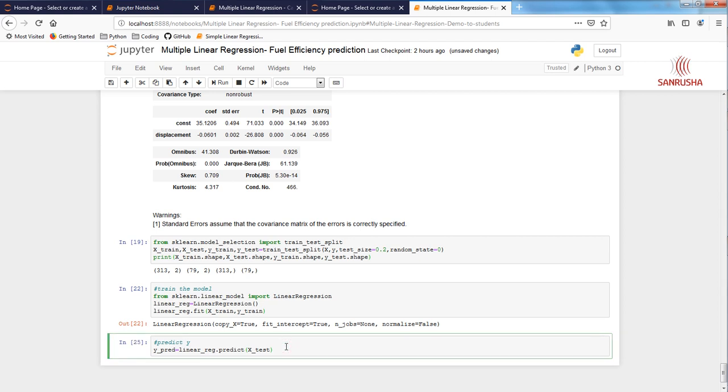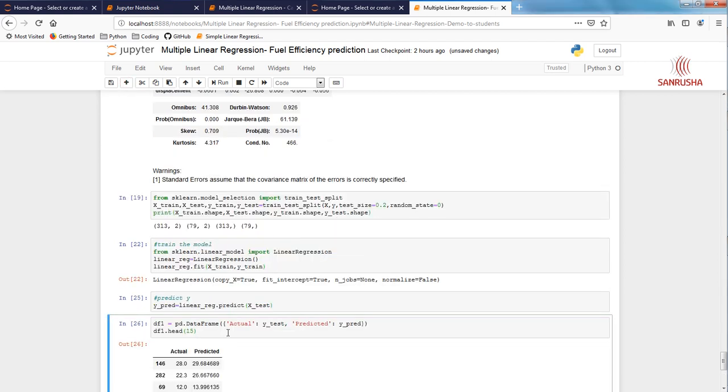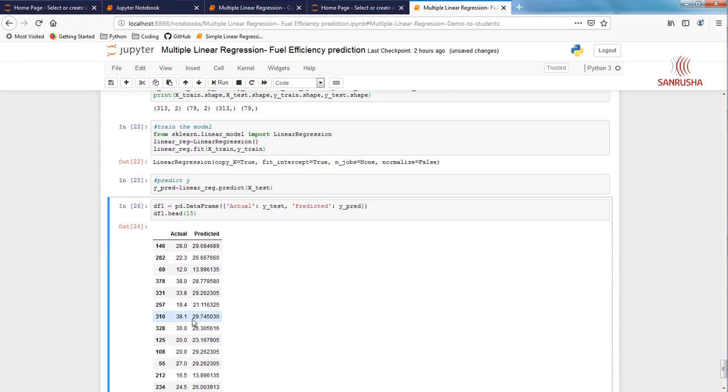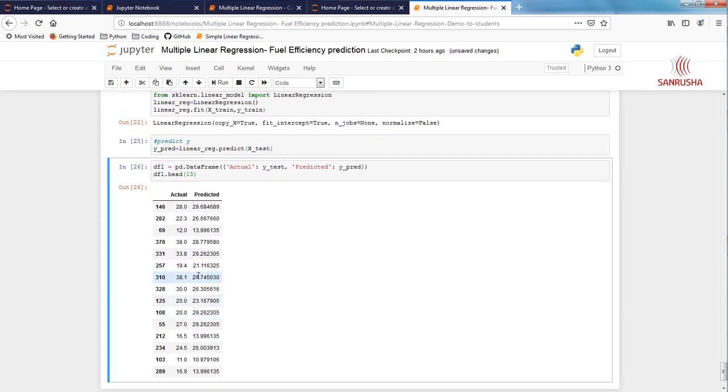Very good. y_pred is there, and now let's compare the values. Let's understand how close we are in our prediction. Compare the values of y_pred and y_test like we did in the linear model, right? Let's do that. Okay, run this command over here. 28, 29, 22, 26, 12, 13, 30, 29. I think it looks pretty good. In few places it is far off, like 38, 28, but few places it is very close, 28, 29 and 12, 13, 33, 29, not bad. 19, 21, not bad. Yeah, looks pretty good to me.